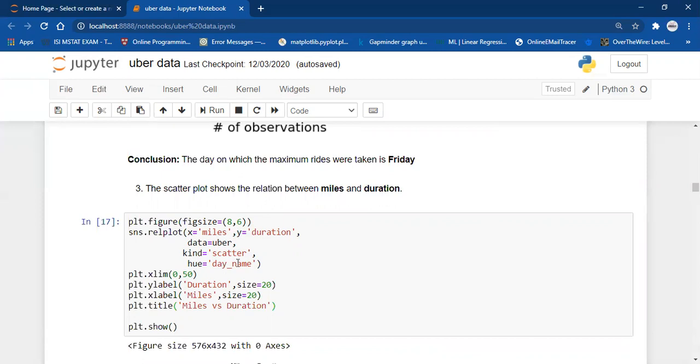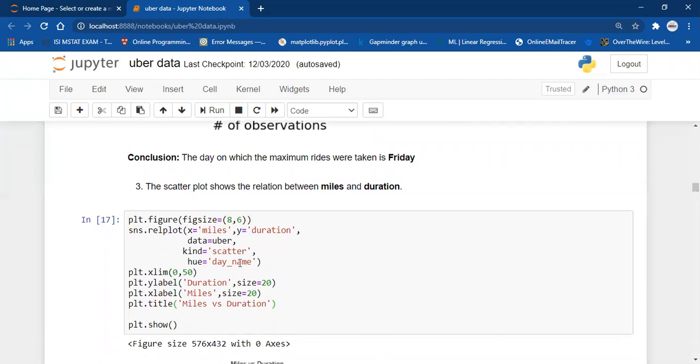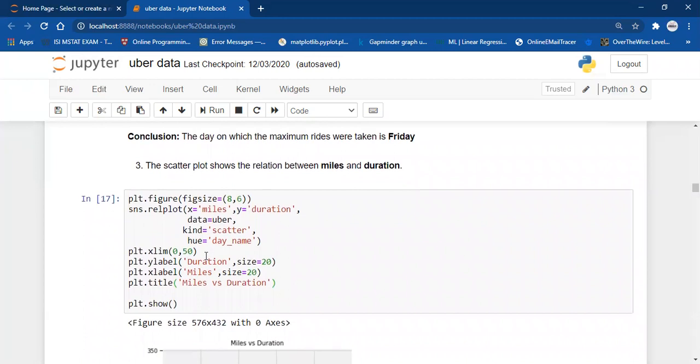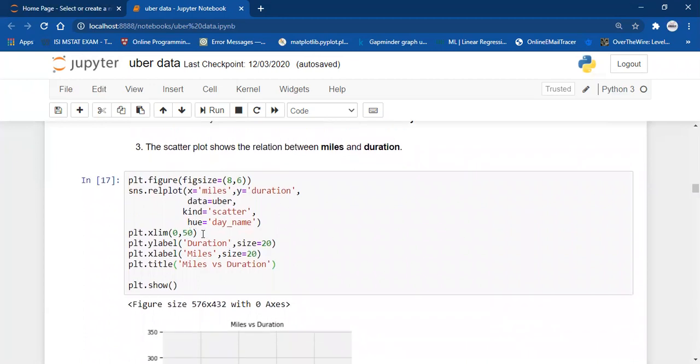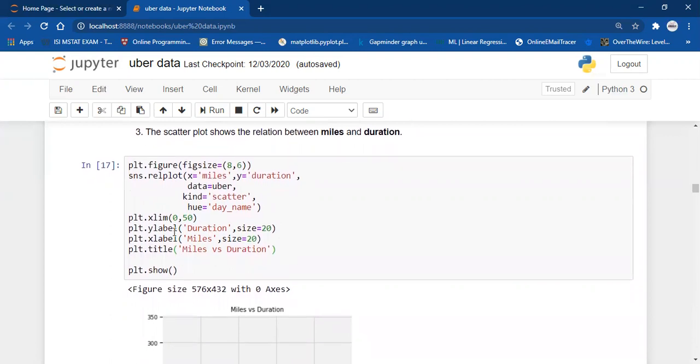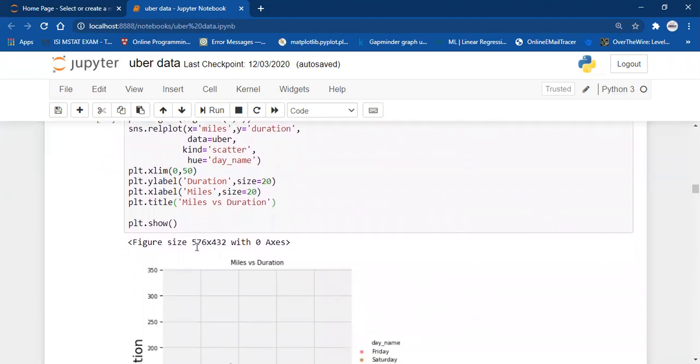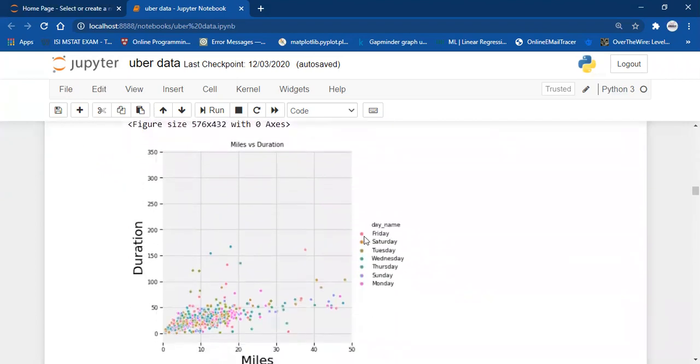So I want my scatter plot to show miles and duration according to the day name, and then I pass the x-axis limit, and you can skip it. You need not mention plt.xlim; it will work fine otherwise. And then I label the axis and the title of the graph. So as you can see, I have the legend on the right side, including day names, and the scatter plot looks like this.